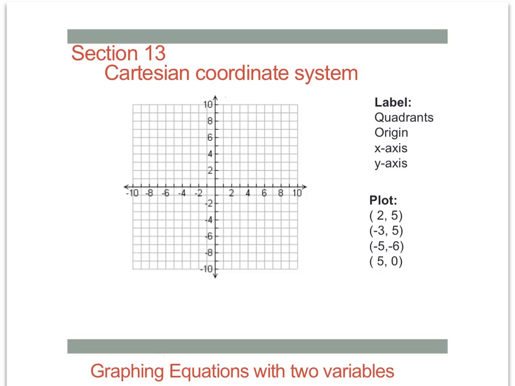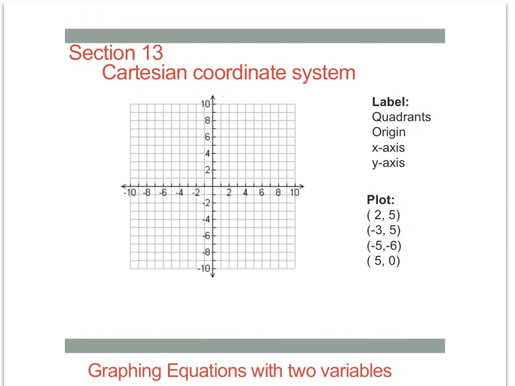So first of all, we are going to be dealing with equations now with two variables. Things like y equals 2x plus 7. So it's got an x and a y. So we're not going to be solving these equations because they actually have lots of solutions. Let's look at a really simple one. Let's look at y equals x plus 7 and talk about what a solution to that equation would look like.